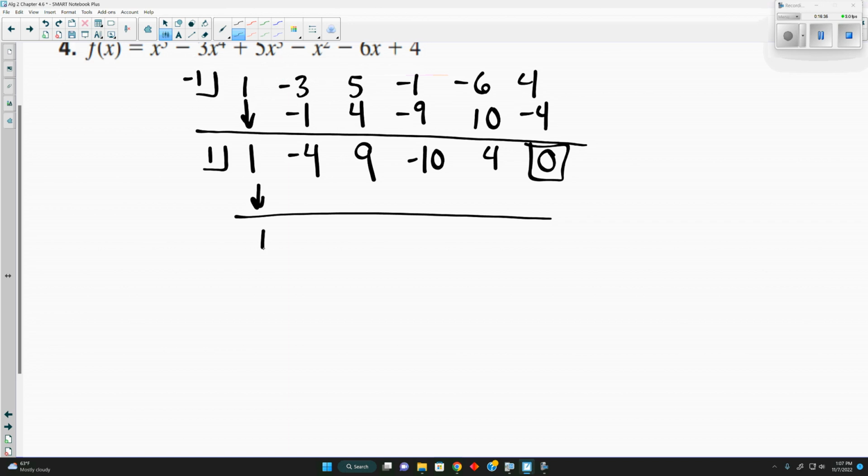The next number we had was also 1. So we had 1 and -1. So we do this again with 1. Well, 1 times 1 is 1. -4 plus 1 is -3. 1 times -3 is -3. 9 plus -3 is 6. 1 times 6 is 6. -10 plus 6 is, and 1 times -4 is